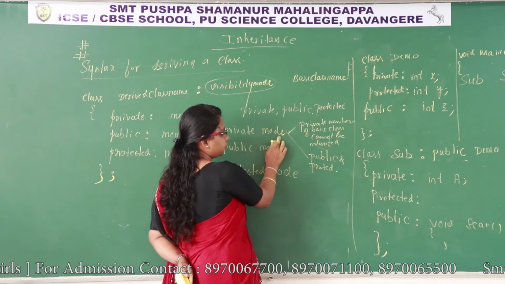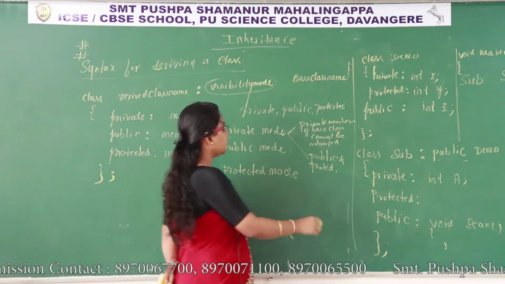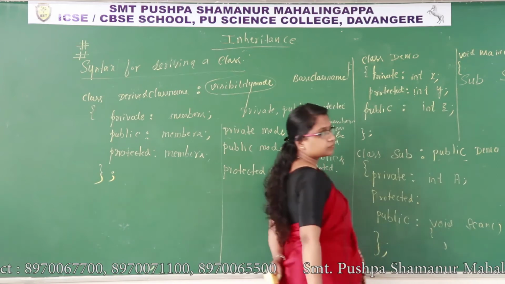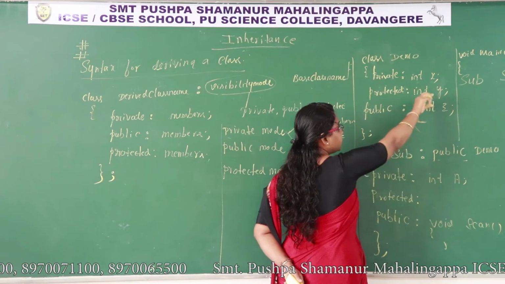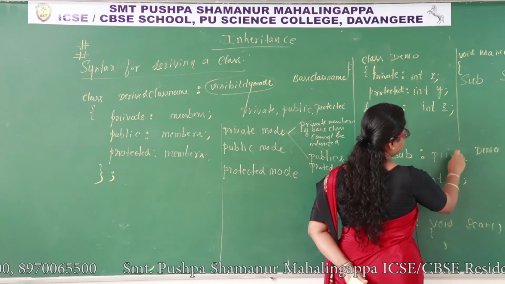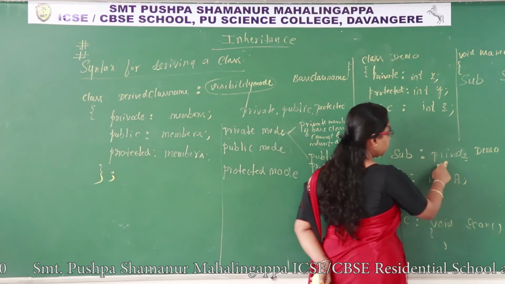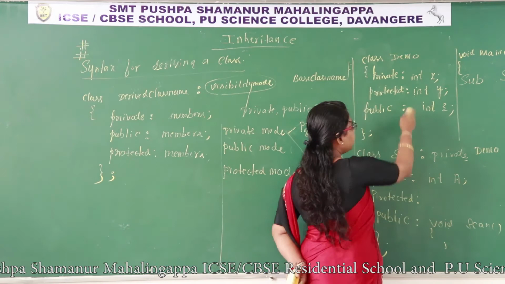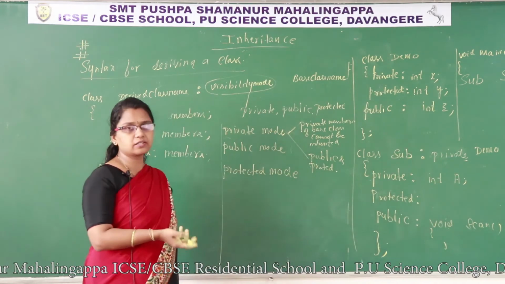So if it is a private mode, public and protected members become private members of the derived class. What are there in protected and public? Int y, int z. So y and z are inherited to the derived class and they will become private here. I am talking about private mode now, so I will take private. If it is a private mode, these two members become private members of the derived class. You should not write them again. If you write them again, there is no necessity of the inheritance concept.